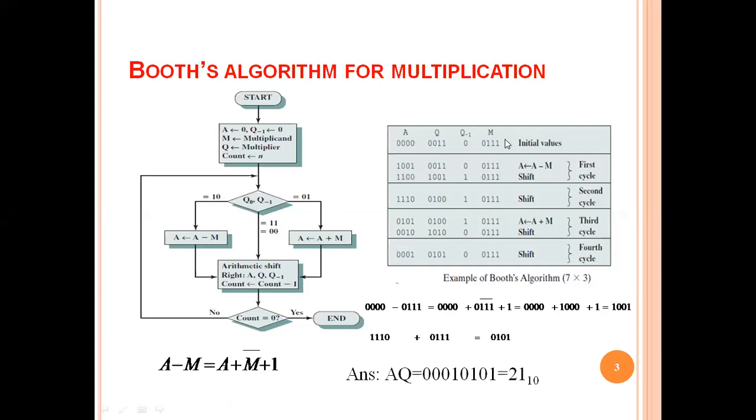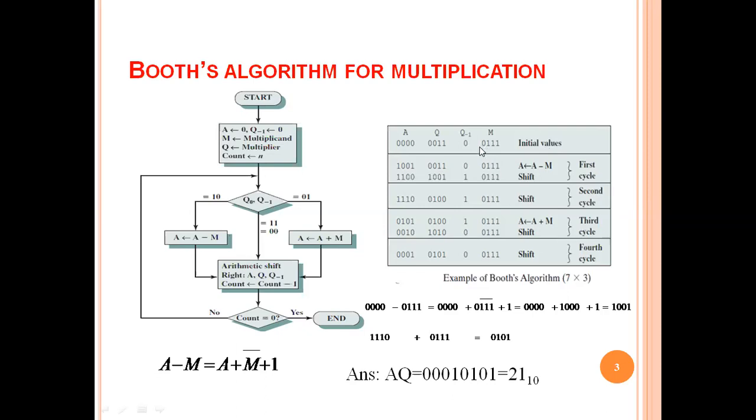Now see here, these are the initial values. First, the A register is 4 bits. Why 4 bits? Because you find out what is the maximum value of the multiplicand or multiplier. Here the maximum value is 7. So 1 bit is required for the sign bit, because Booth multiplication is sign bit multiplication. The multiplicand here is 7, and 7 is 1, 1, 1. So this is a 3-bit number. So you add 1 bit, and the total number will be 4 bits. So here n will be 4.